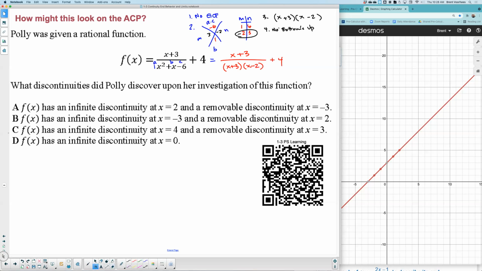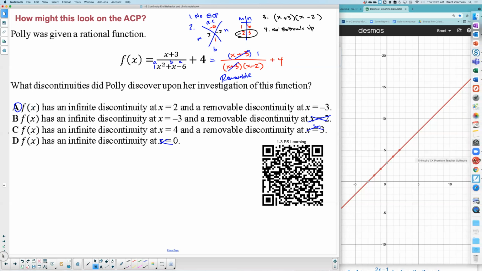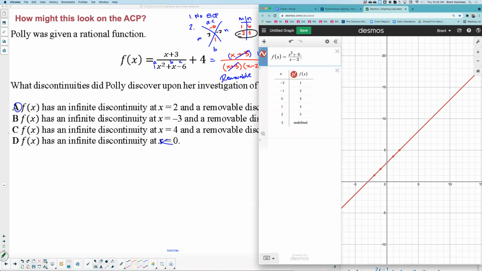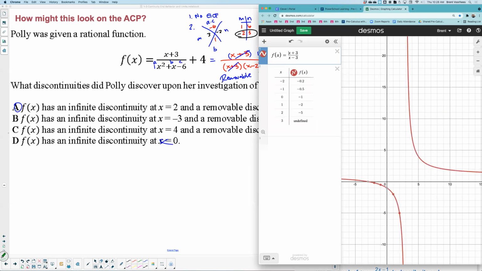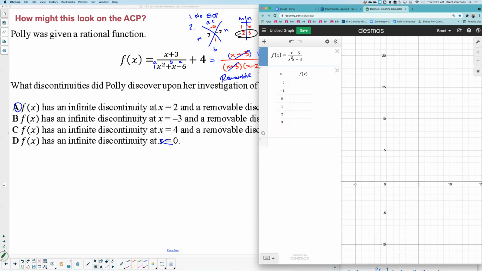I'm showing you the algebra way of solving this problem. It's probably the slower way. Look in here, this x plus 3, what happens with those? That's a removable discontinuity. You should have a removable at -3. Because again, the problem is when x is, when we have 0 here. So removable at -3. So the answer has to be A. This is an infinite because it remains forever. That would be an infinite. If you graphed it, you would see the graph confirms exactly what I just did. X plus 3 over X squared